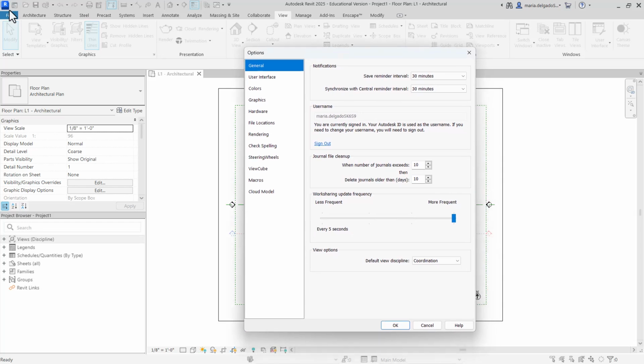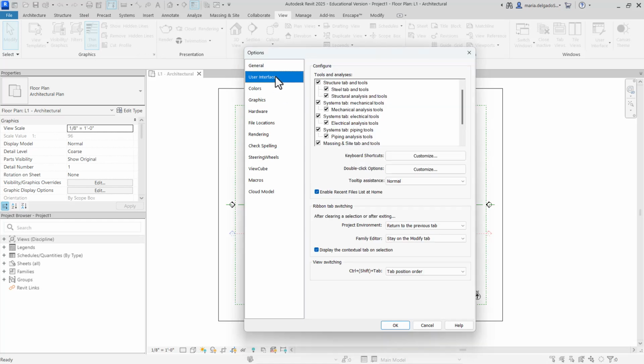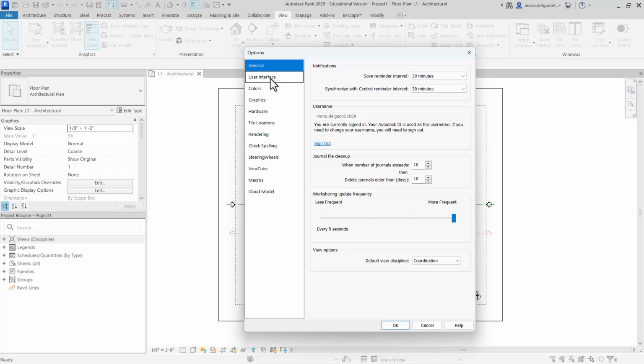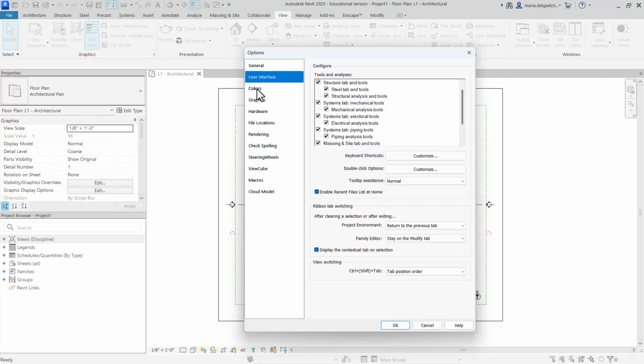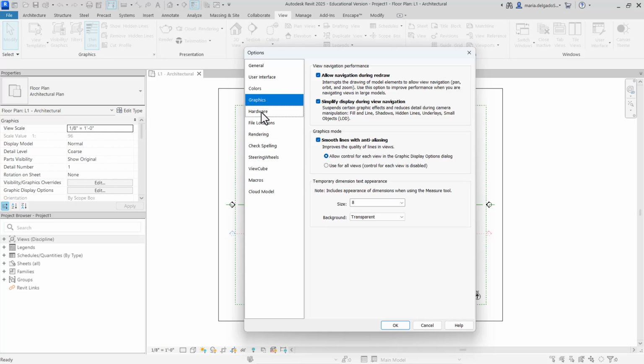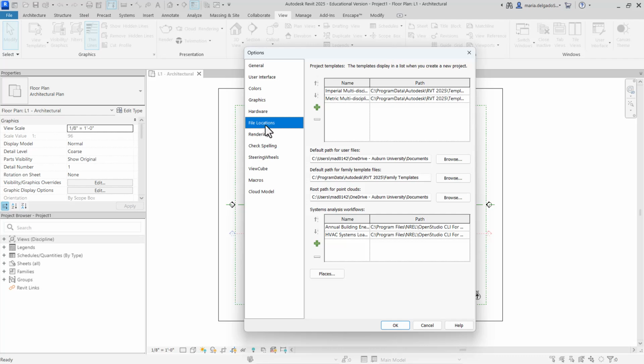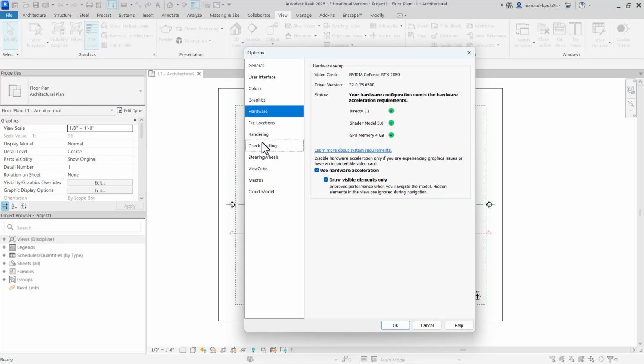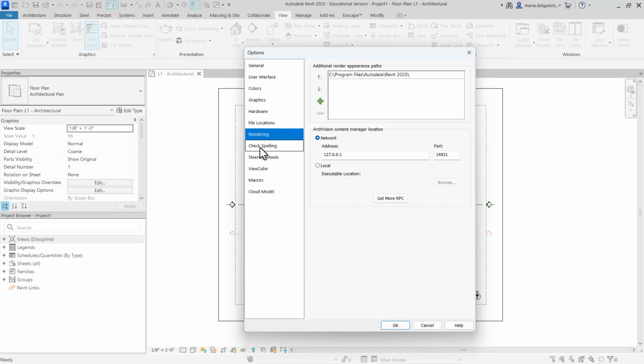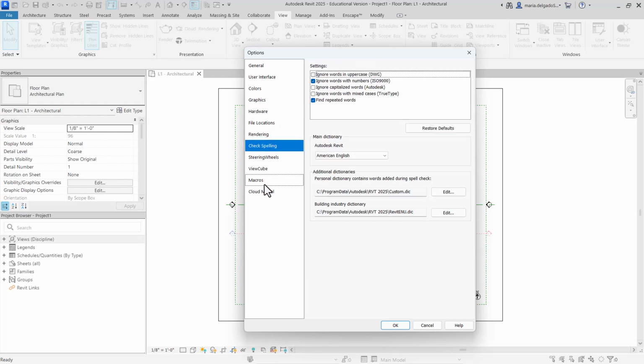Lastly, I went to the File button and clicked on Options, and I've opened up my Options tab. And within the Options tab, you have a plethora of information about general settings, again the user interface, different colors, graphics, if you will, hardware, file locations. So lots of different information to be able to do rendering, check spelling, and so forth.